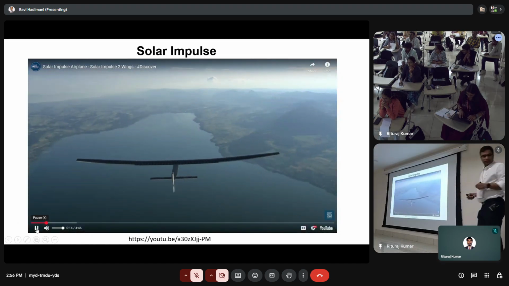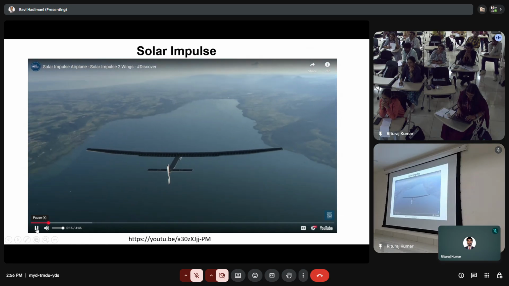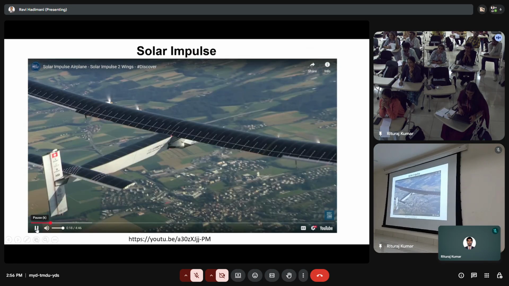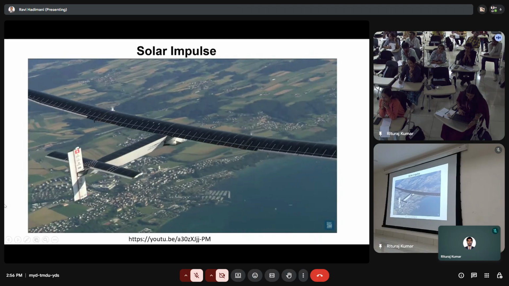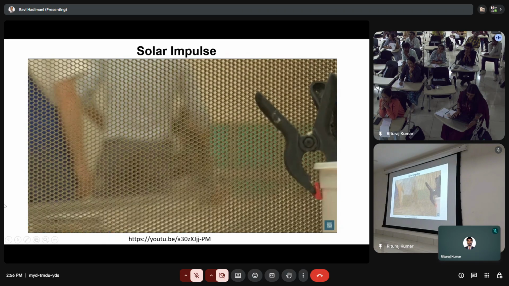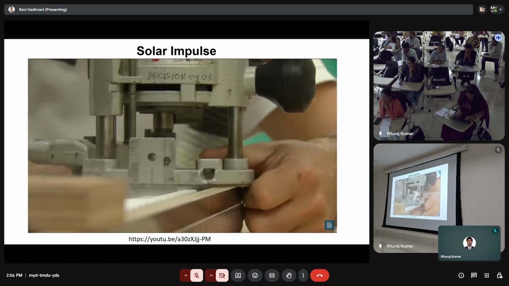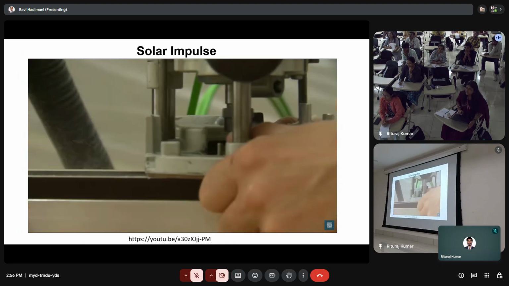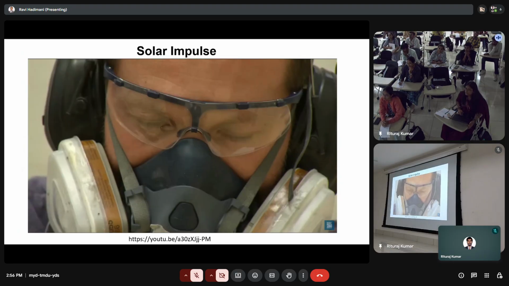72 meters long, covered in solar cells, ultralight, and allowing Solar Impulse to fly day and night. This is the Solar Impulse wing. An extraordinary flight called for an extraordinary wing to be built. Wider than a Boeing 747, Solar Impulse 2 has